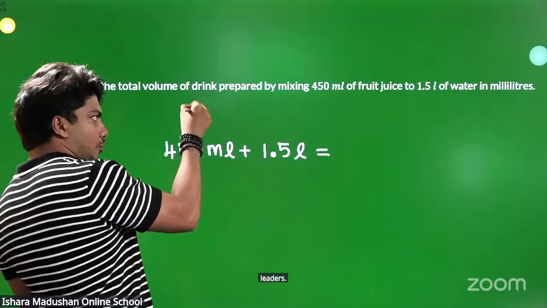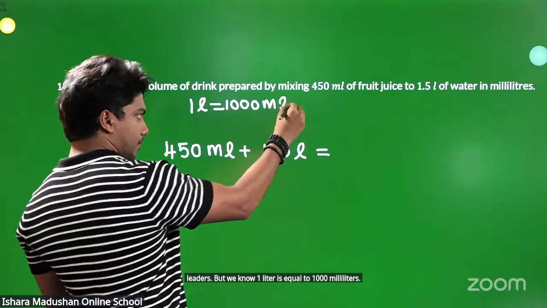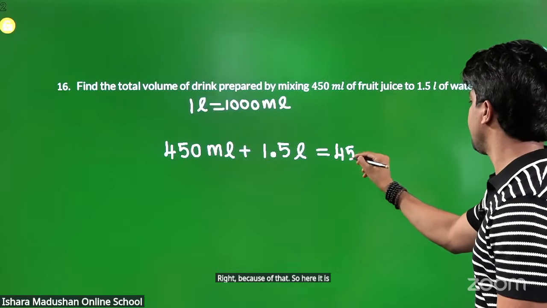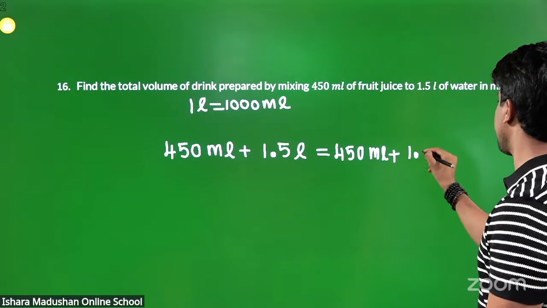Puta, we know 1 liter is equal to 1000 milliliters. Because of that, here it is 450 milliliters plus 1.5